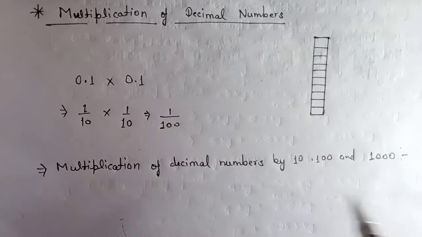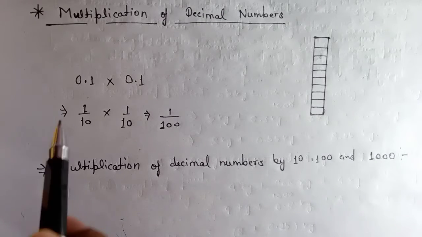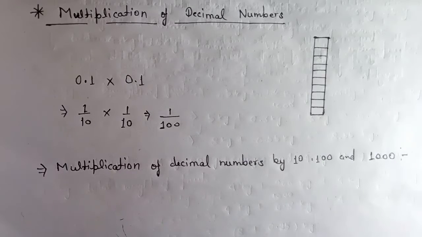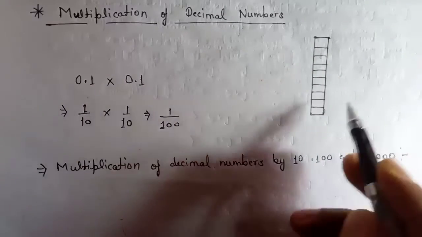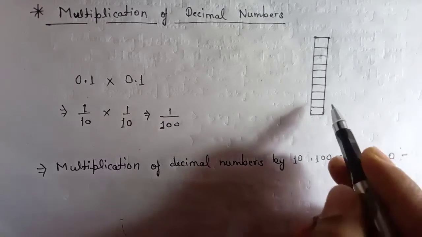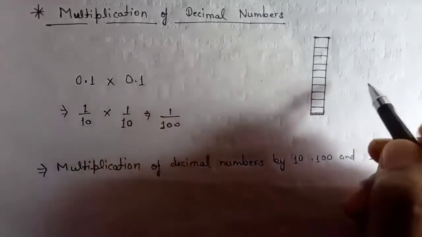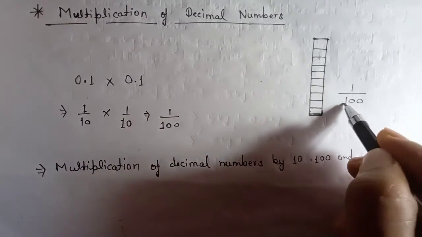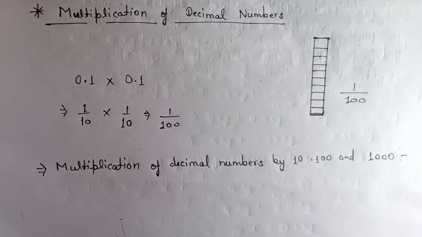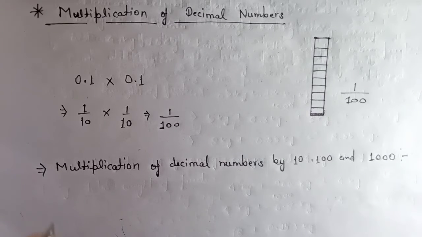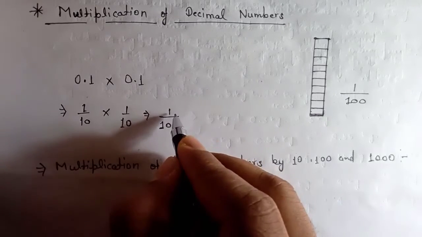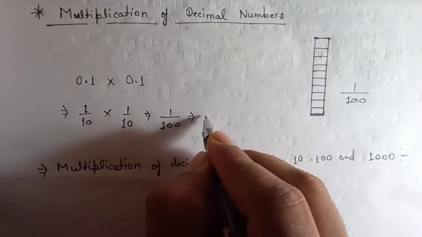In case of graphical representation, when we multiply 1 upon 10 into 1 upon 10, we are doing 1/10 of 1 upon 10. For this whole body this is 1 upon 10, and we are taking 1/10 of this 1 upon 10, then eventually it becomes 1 upon 100 of the body. It means the multiplication of these two numbers results in the 100th part, and when you convert this 1 upon 100 into a decimal number, you get